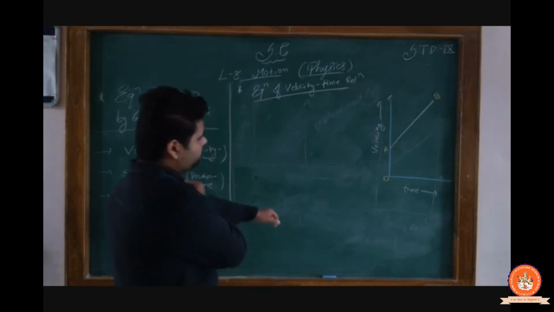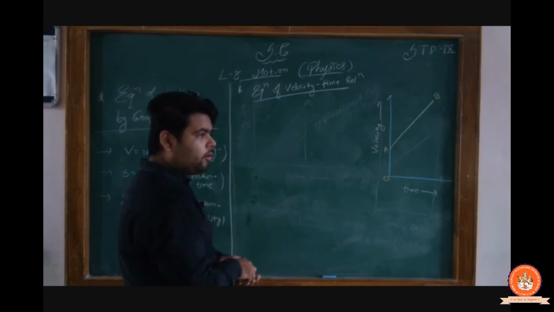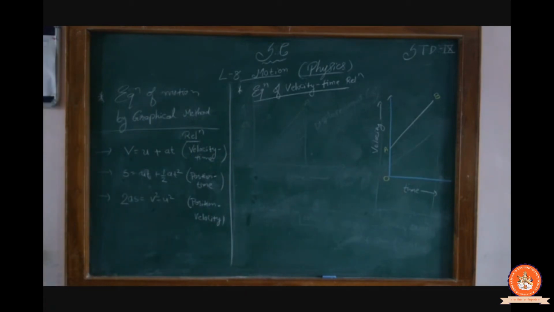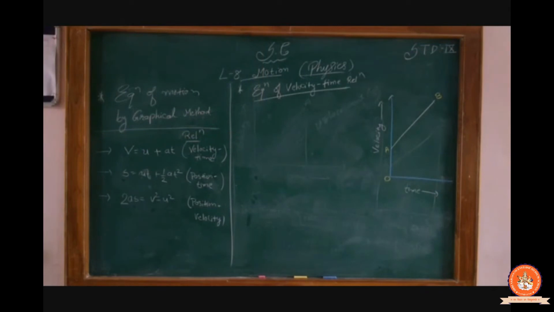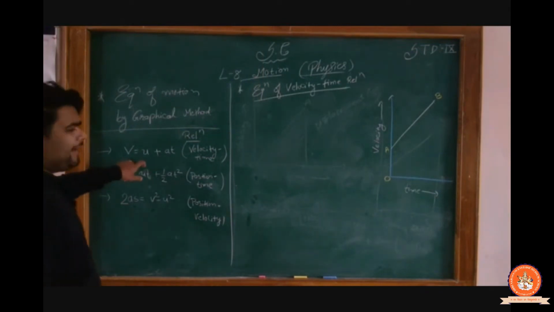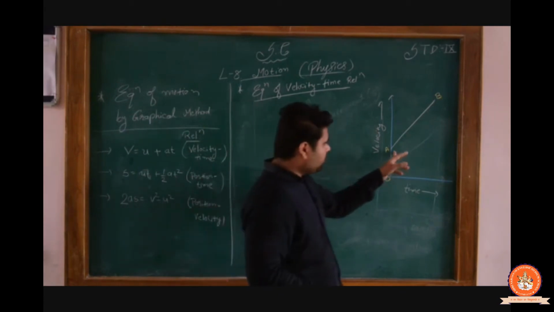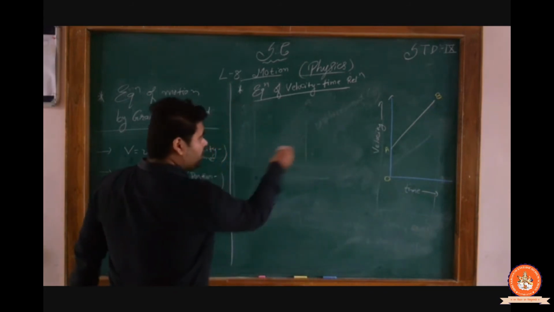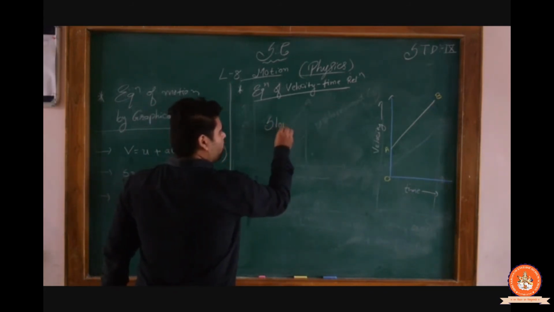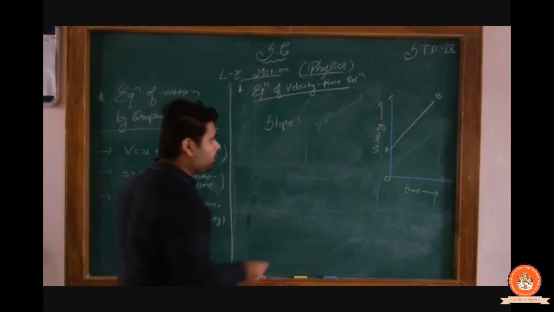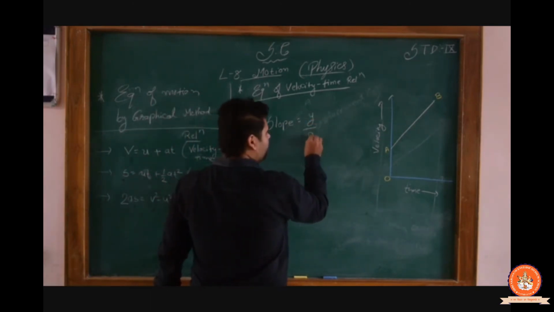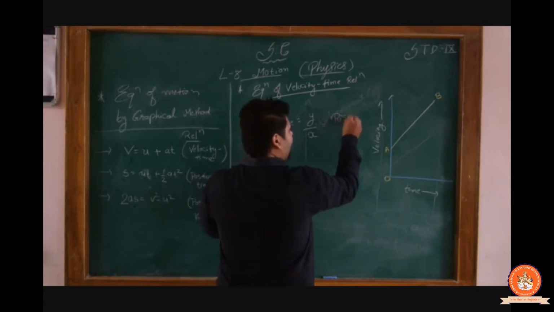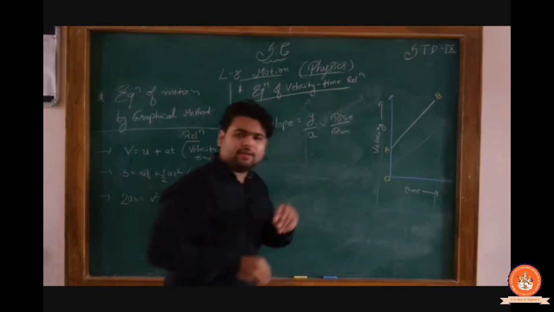We want to find the velocity over here. For that we have to find the velocity of the particle or object traveling from here to here. So we are going to find the slope, and we know very well that slope means y upon x, or rise upon run. Okay, let's understand how.